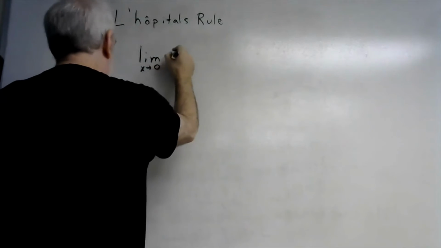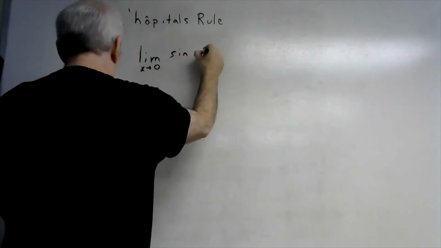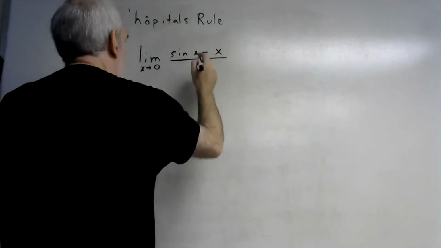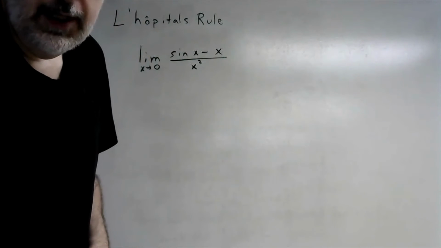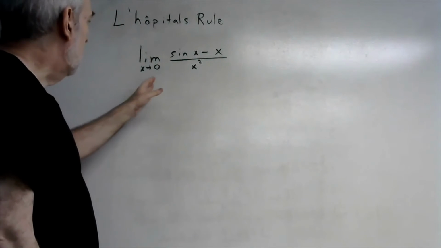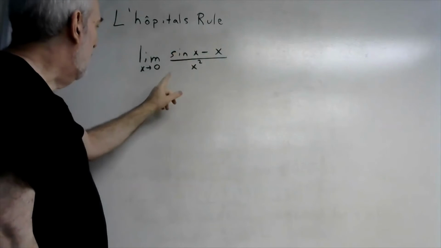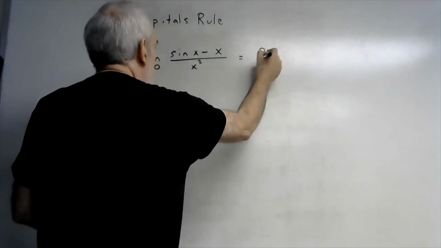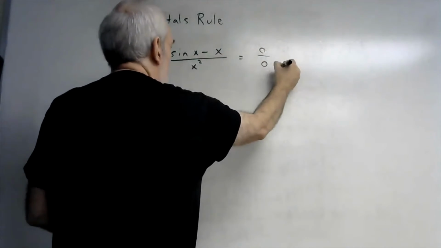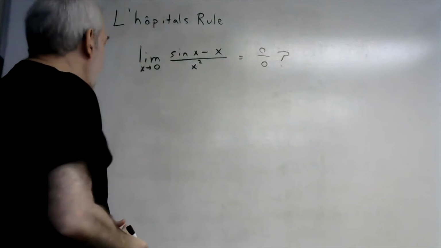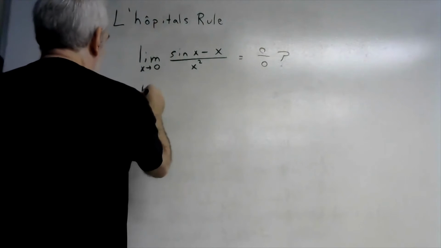Limit as x approaches 0 of sine of x minus x over x squared. If we try to plug in 0, we would get sine of 0, which is 0, minus 0. So 0 minus 0 is 0. And 0 squared is 0. So of course we have 0 over 0. So using L'Hopital's rule,